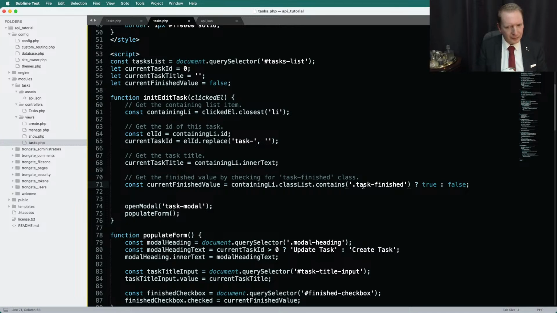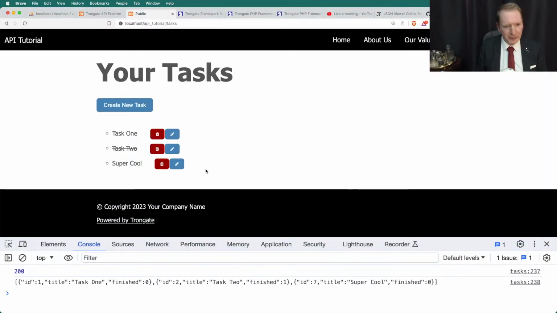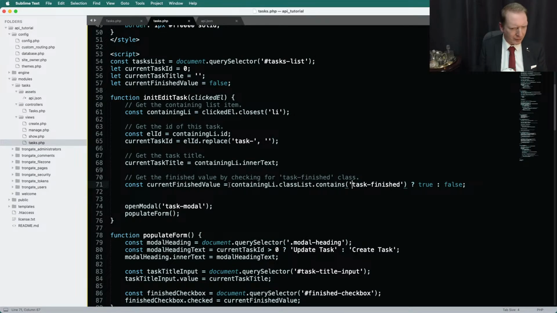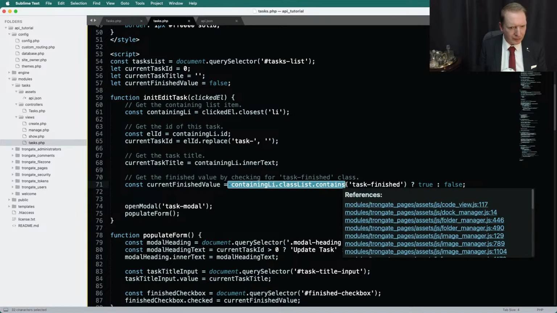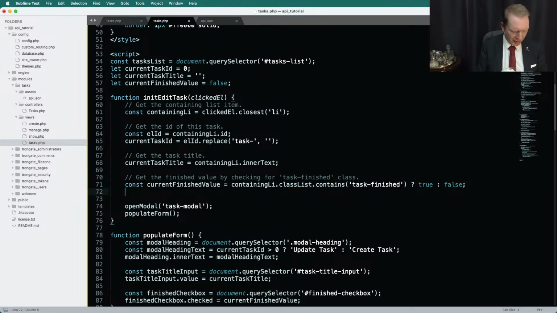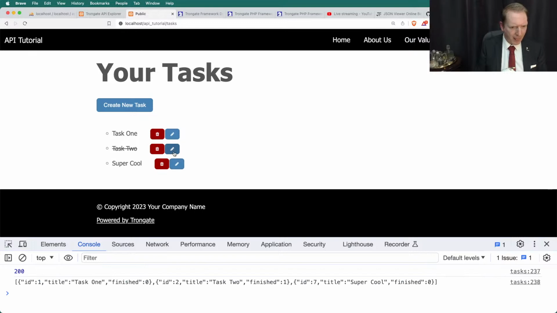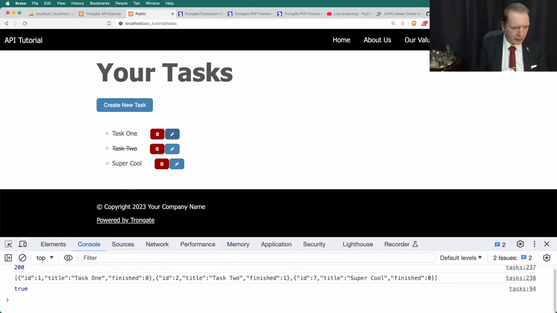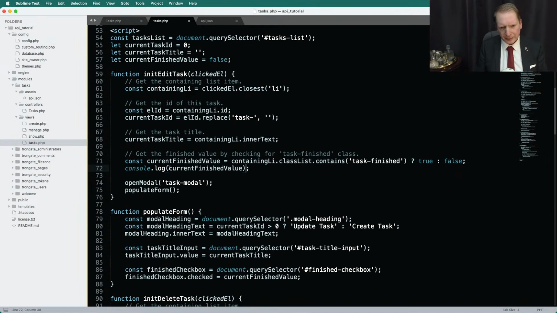Oh, I said dot task finished. Let me just check something. Current finished value. Right, true, false. So that is working. So we've got finished checkbox dot checked equals